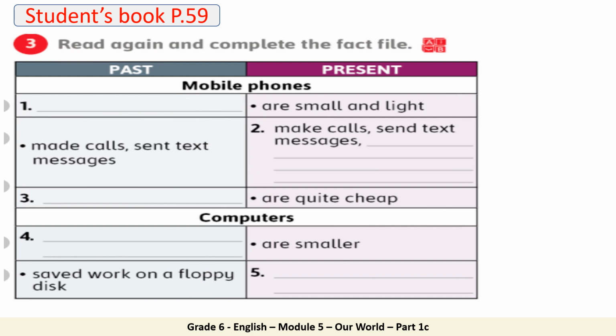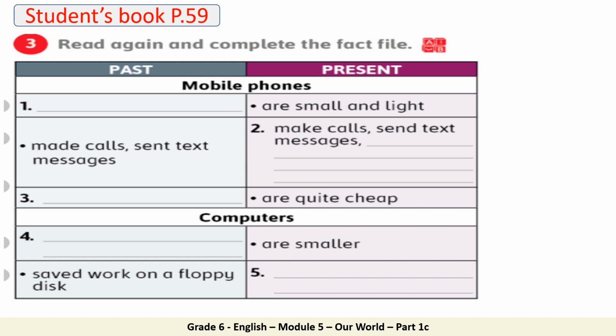Now, let's move to the opposite page, 59 in the student's book, and read exercise 3 together. It says, read again and complete the fact file. As you can see here, we have this table that has several pieces of information missing. We would like to complete this table. Now,